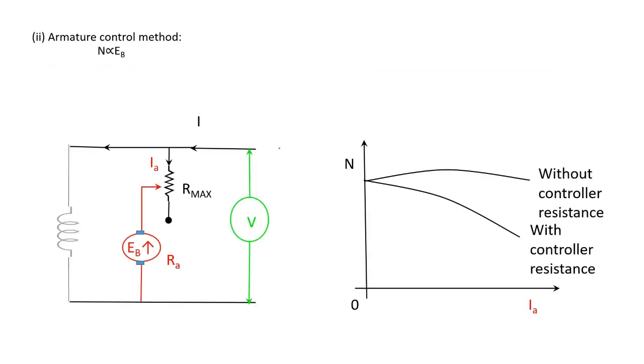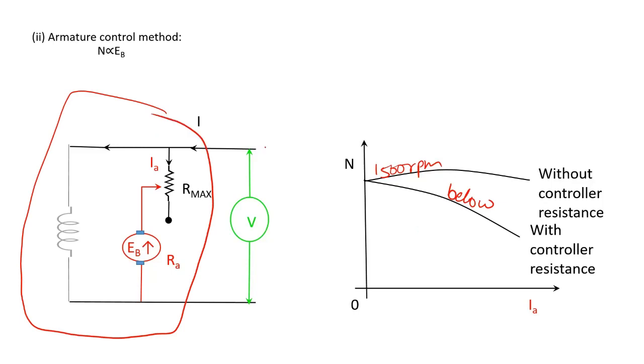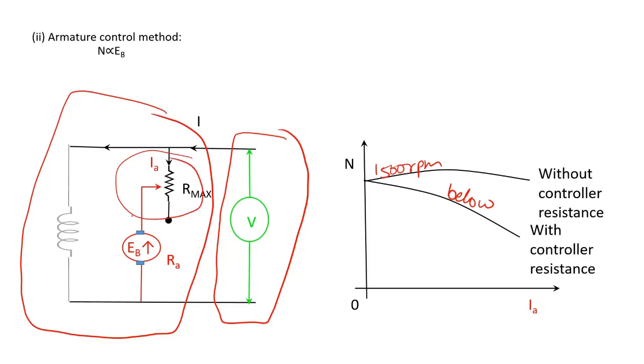Okay, you can see that the speed is, let's say this line is 1500 rpm, but the speed goes below. So you can say that below 1500. So there is a motor again over here with a source. What is important to be noted is the position of the potentiometer or the variable resistor. That defines the action, either go below or above. Okay, so now